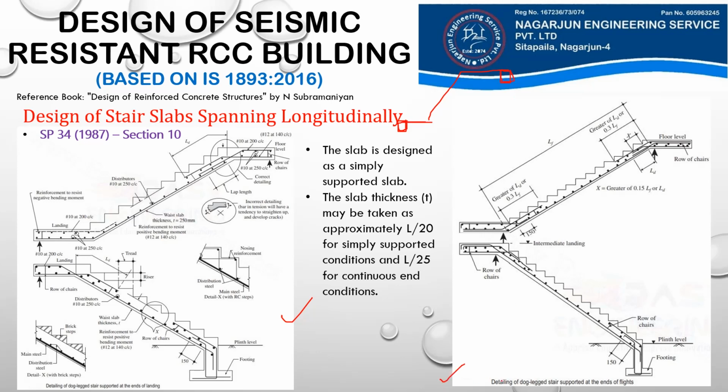And on the right hand side, you can see a dog-legged stair supported at the ends of flight. That means in this right hand case, our support is at the end of this flight. For example, at the beginning of this staircase flight and at the end of this staircase flight. So these two supports are for the right hand side diagram, and these two supports are for the left hand